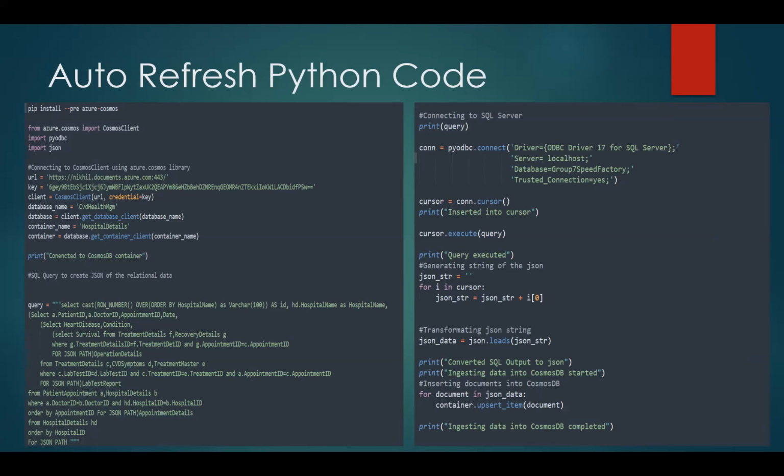So the first part is to install the dependency packages of Azure Cosmos DB using pip install. Once the dependencies are installed, we are then setting a connection string for two DBs, that is one Cosmos DB on the Azure platform and our SQL Server as a local on-prem storage. So from local on-prem storage, we are going to transfer the data to Azure Cosmos DB using this Python script where we have written a cursor, and sequentially it will write one line at a time and load it into